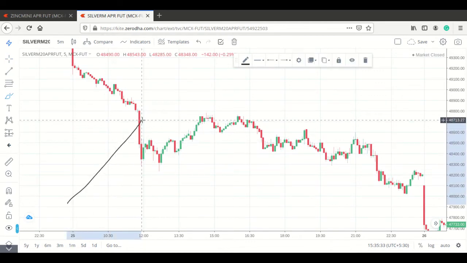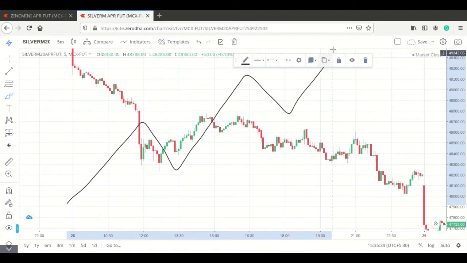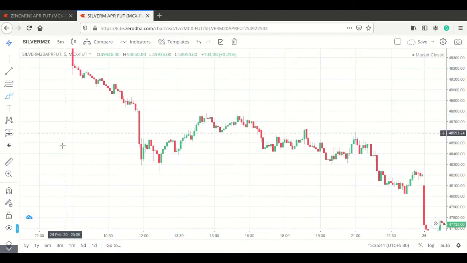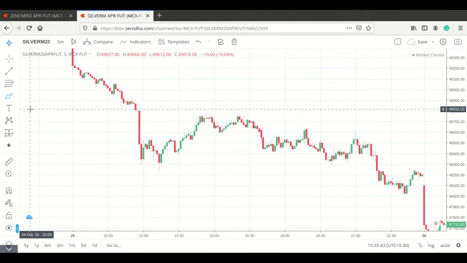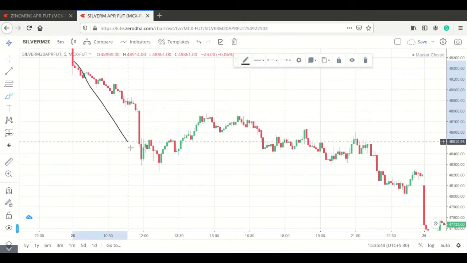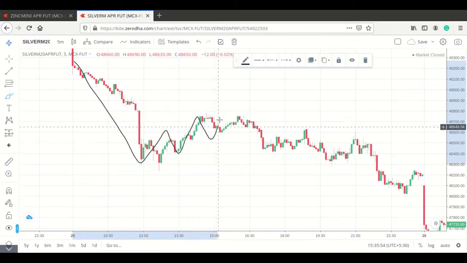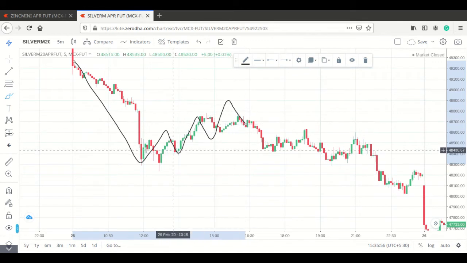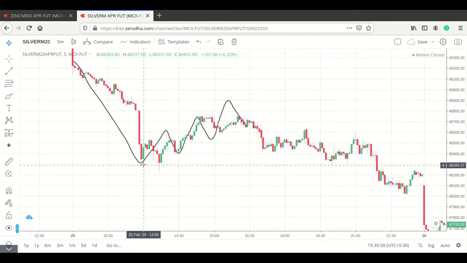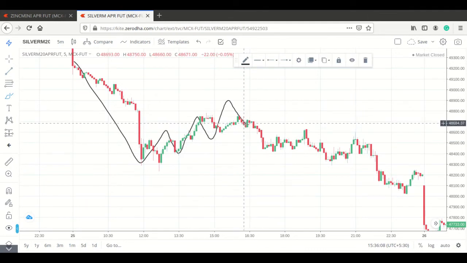So an impulsive move on the upside, a retracement, an impulsive move on the upside, a retracement, and an impulsive move on the upside. From a particular experience, I have seen that there's an impulsive move. The retracement actually goes something like this, and it will be leaving behind a trend line like structure where you can actually draw the trend line and then again continue with its next impulsive move,